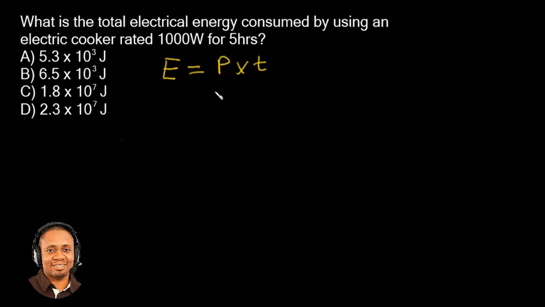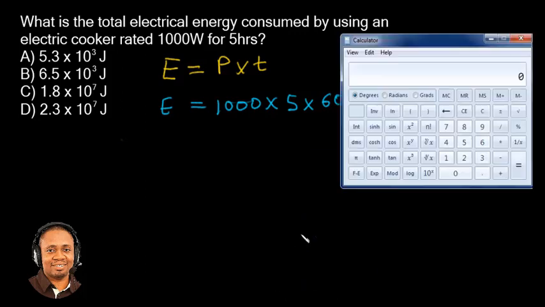Okay, so now if we go back to the question, we will see that the power given, which is in watts, is 1000, times the time given, which is in hours, and that is 5. So we need to convert that to seconds. So we have 5 times 60 times 60. Okay, good. So now we can quickly use our calculator to